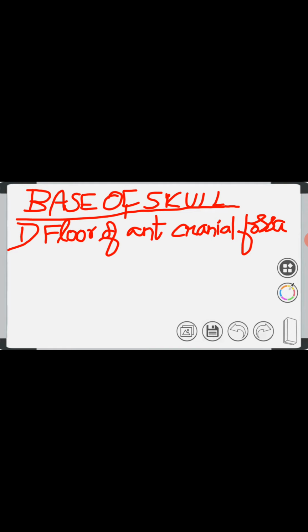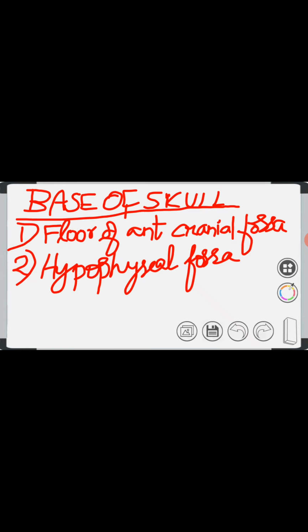So in this view, the hypophyseal fossa represents the middle cranial fossa. It is overhung anteriorly by the anterior clinoid process and posteriorly by the posterior clinoid process. The measurements of the hypophyseal fossa are: vertical measurement is 8 mm and anteroposterior measurement is 14 mm. The interclinoid distance is not more than 4 mm. This fossa is enlarged in case of pituitary tumors, which arise particularly from acidophil cells or chromophobe cells.